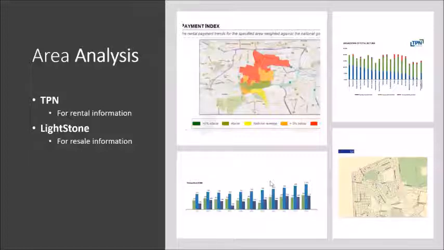tool called Lightstone. Lightstone tells you on the bottom left there, that picture tells you whether the area is expecting to appreciate in value. As you can see, the light blue graph is going up steadily over the last 7 years. So that indicates that there's capital appreciation for that specific type of property. And on the right, if you've used Lightstone before, you can get comparable analysis to know what the properties in the neighboring part of that property sold for, and you can use that to get an accurate resale